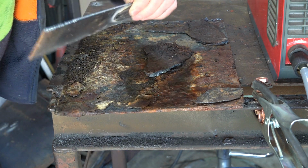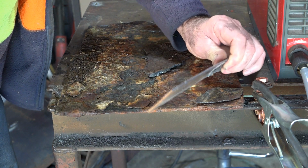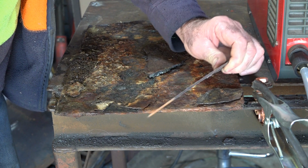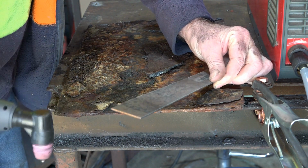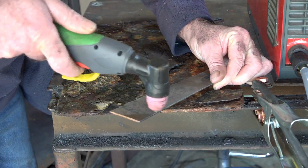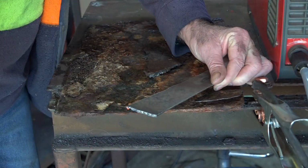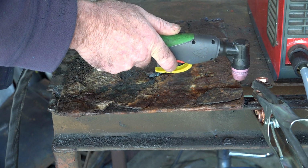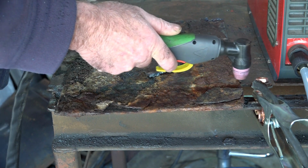guys? So you might be saying to yourself, guys, well, that machine's not even turned on. So if I earth this piece of clean steel here on the table, and I'll try and lean it across at the same time so I don't burn myself. So we'll go at that, Pete. See that, guys? It's on the table at that end. Now the same thing here. See that? It just won't